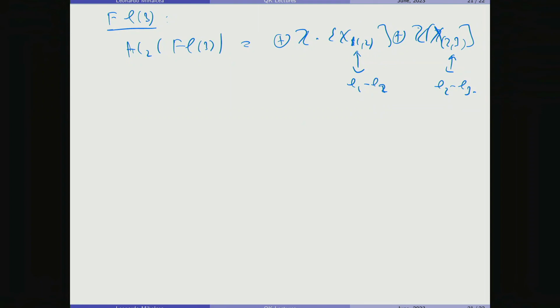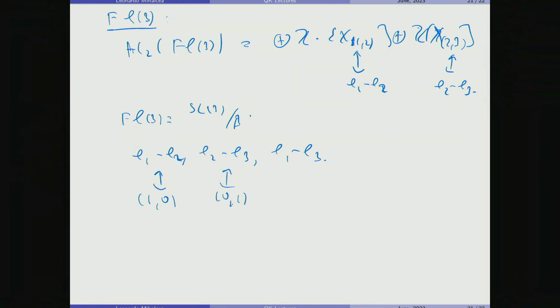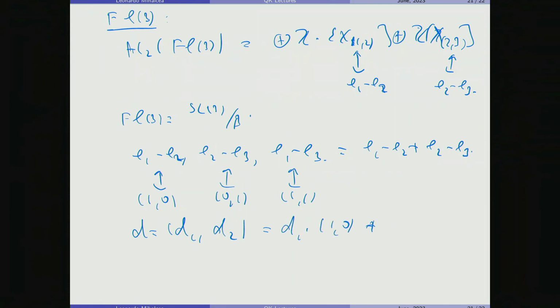But there are actually three roots, of course, for FL3. FL3 can be written as SL3 modulo B. So there are three positive roots: e_1 minus e_2, e_2 minus e_3, and e_1 minus e_3. In terms of the bidegrees, e_1 minus e_2 corresponds to the bidegree 1, 0. e_2 minus e_3 corresponds to the bidegree 0, 1. And e_1 minus e_3 corresponds to the bidegree 1, 1. Why is it 1, 1? Because this is written as e_1 minus e_2 plus e_2 minus e_3. So now if you give me a general bidegree d_1, d_2, it can be written as a combination, right? It's like d_1 times 1, 0 plus d_2 times